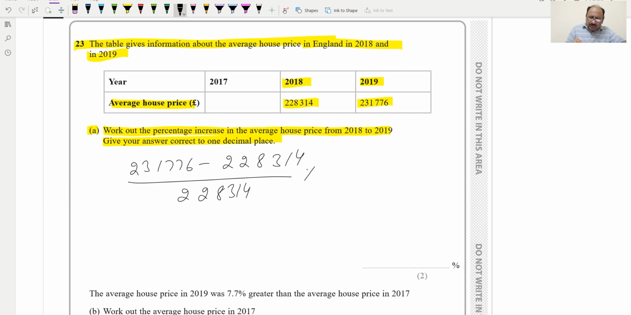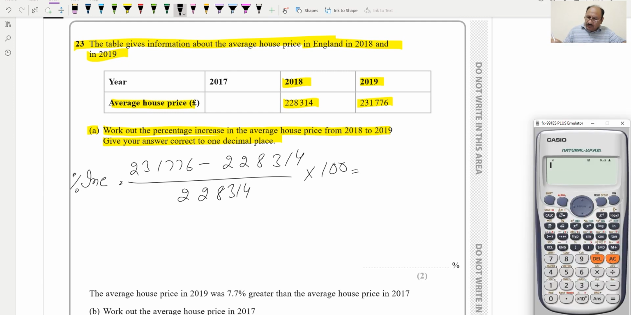228,314, and multiply by 100 for percentage. This is percentage increase, and this will be equal to, we can write the fraction, so it will be 231,776 minus 228,314 divided by 228,314 and multiplied by 100, and this is equal to